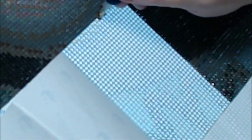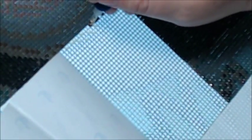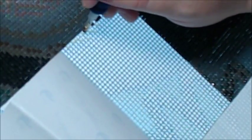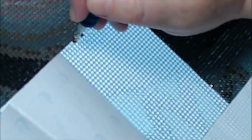But anyway, Diamond Drills USA is a company on Etsy where you can actually order any of the square or round drills that you need in any of the DMC colors, and you can buy them, I believe, in packs of 200, 500, or 1,000, and they're actually pretty inexpensive. So I have about 8 or 9 colors. Actually, no, take that back. I think I have 11 colors coming from them